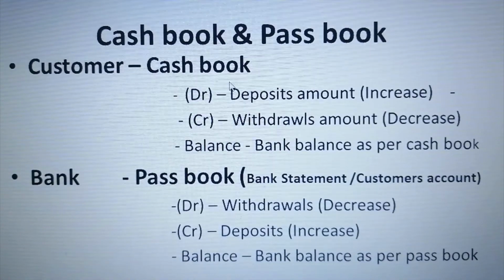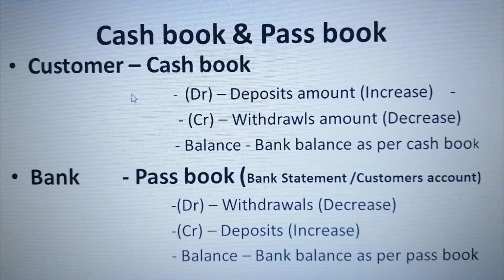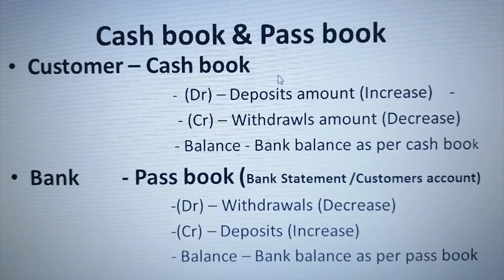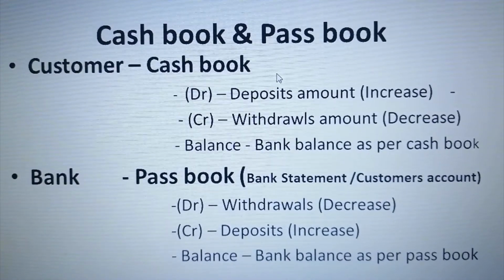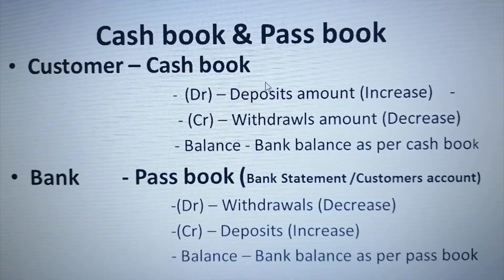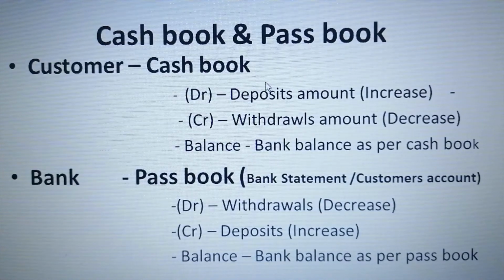First of all, let's try to understand cash book. Cash book is usually maintained by the customers of the bank. It's a ledger in which business firms and organizations enter the details of payments and receipts. This cash book has single cash book, double column cash book and triple column cash book. In triple column cash book, both the debit side and the credit side have three columns, and each column represents discount, cash and bank. Clear?